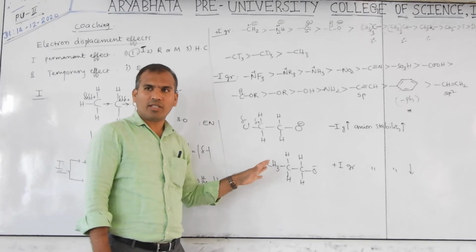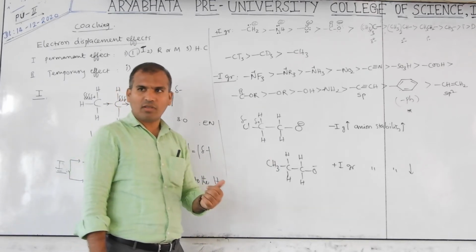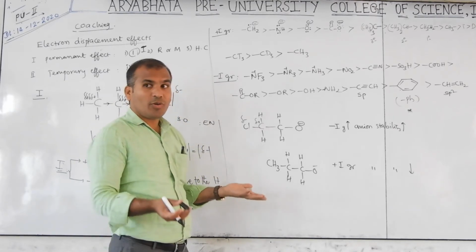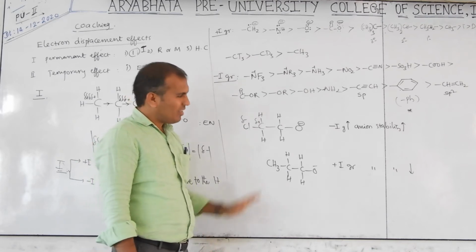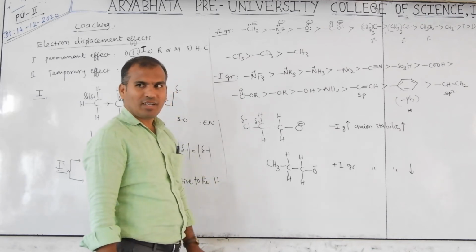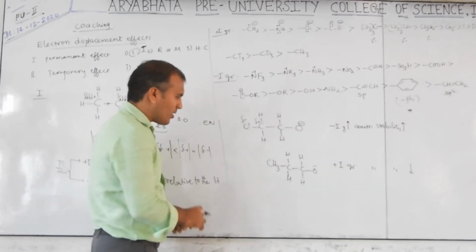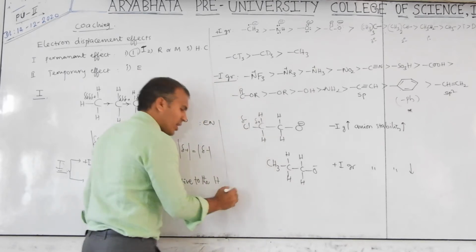This concept only you have to utilize to explain the acidic nature and basic nature. This is only what we are using to explain the acidic nature of alcohol and the basic nature of amine. Already that concept is completed in the alcohol chapter, but we don't know how we understood that acidic nature of alcohol. This is the actual concept. Clear? Now negative charge I explained respectively. Now take positive charge.